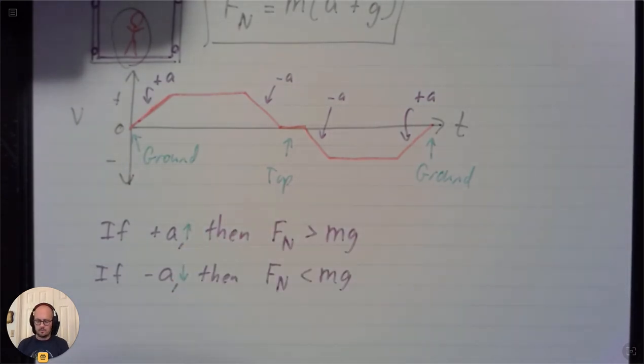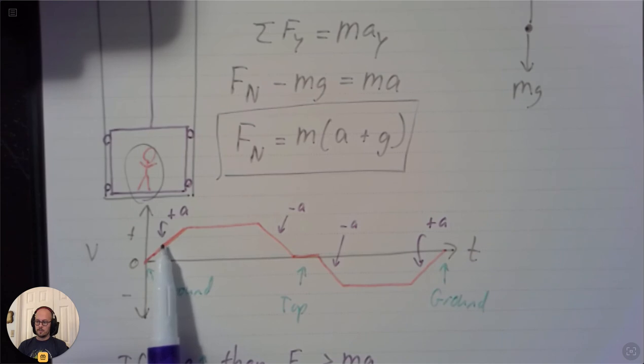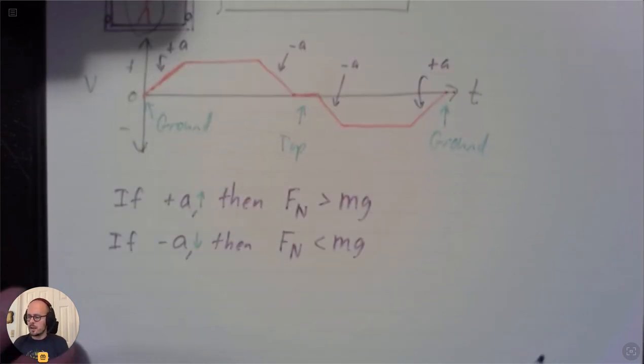And so please stick to the positive versus negative, because it actually doesn't mean that the elevator is moving up or down. It means that the acceleration is positive, right? So this is positive acceleration moving up, but this is positive acceleration moving down. Last but not least,